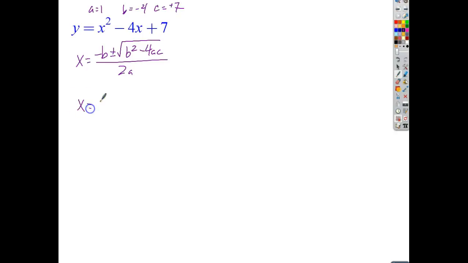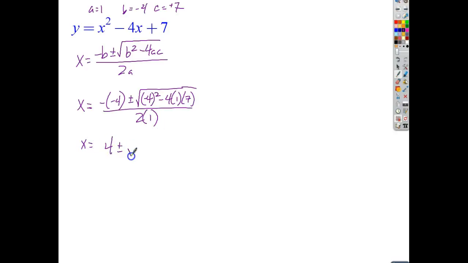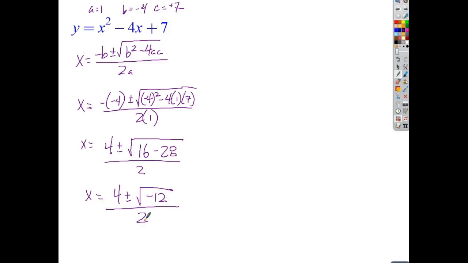Okay, so x is equal to negative negative 4 plus or minus the square root of negative 4 squared minus 4 times 1 times 7 all over 2 times 1. X is equal to positive 4 plus or minus radical 16 minus 28 all over 2. X is equal to 4 plus or minus the square root of negative 12. Whoa, wait a second. Looks like I'm going to end up with,